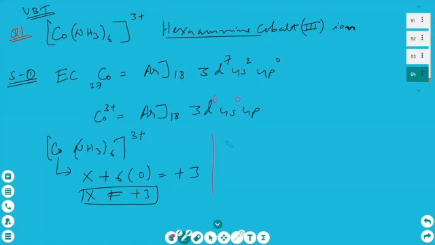Okay. Now here, if you remember, I have given you a note in my previous molecules and ions, whatever I have used. Now ammonia, when you see here, which type of ligand is it? Very good. It is a strong field ligand. You know that it is a strong field ligand. A strong field ligand means electron pairing will take place.